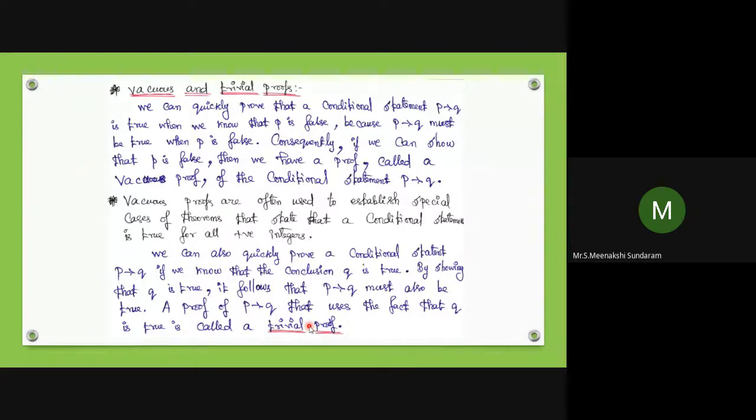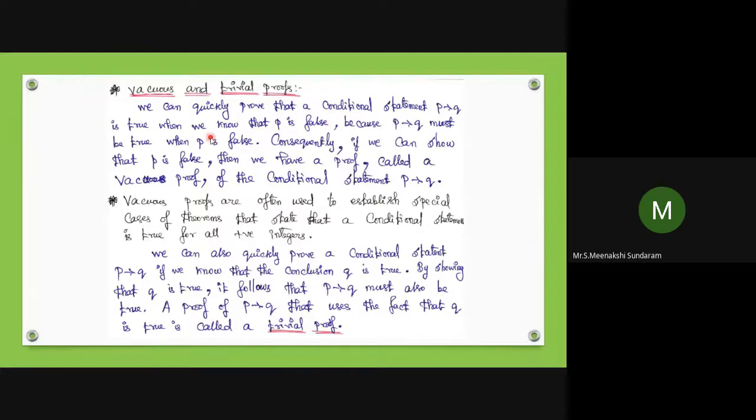For example, in a homogeneous equation the right-hand side is 0, 0, 0. One trivial solution is x equals 0, y equals 0, z equals 0. That is called a trivial solution. There is no other obligation to check whether the answer is true or false. It is always true, so what proof is needed? Nothing has to be there.